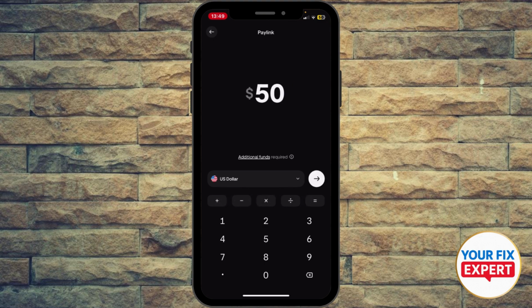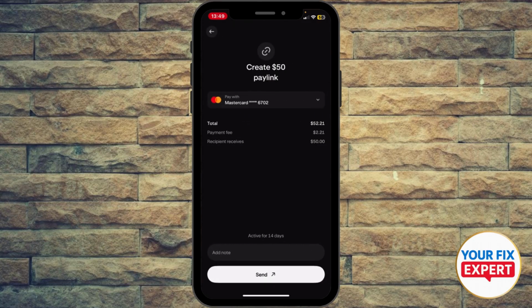So let's say I want to send $50, okay? Now you can select, of course, your local currency or choose crypto or anything else, okay? Crypto or even networks like Tron, BNB, etc., right? Let's say here I'm gonna go ahead and create a $50 pay link. So now what I'm gonna do, I'm gonna add a note maybe to verify that this